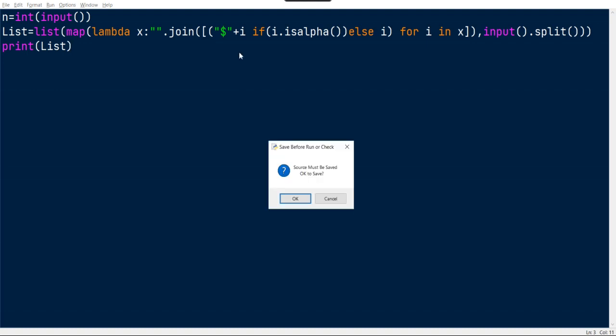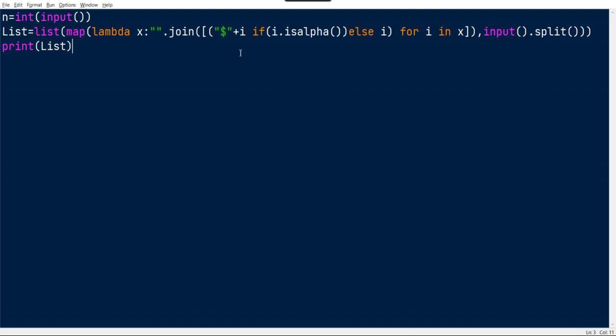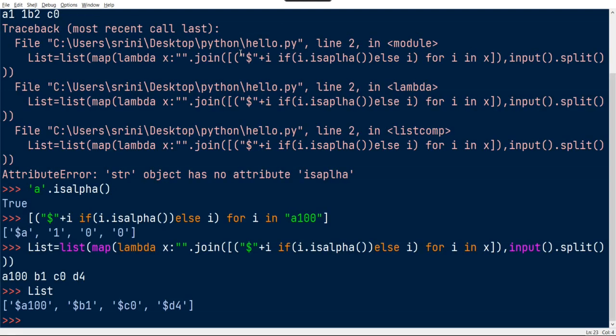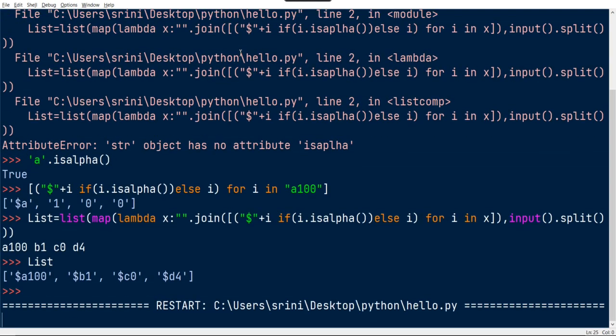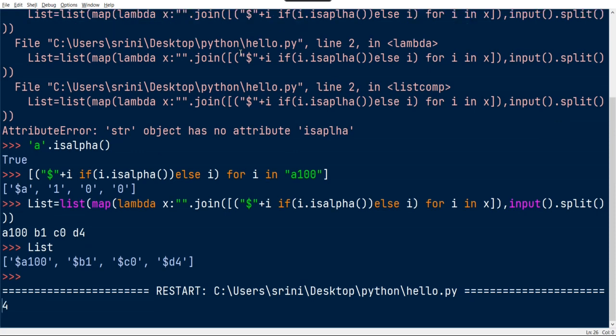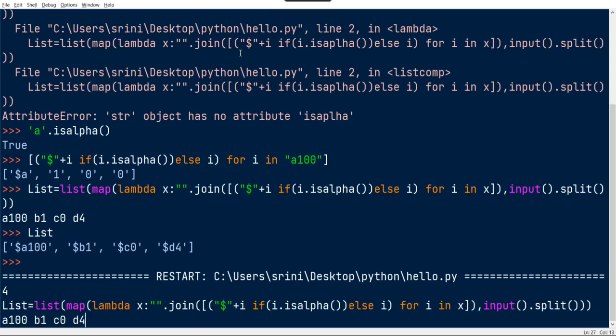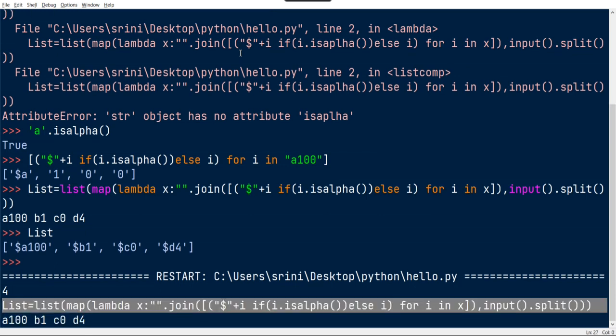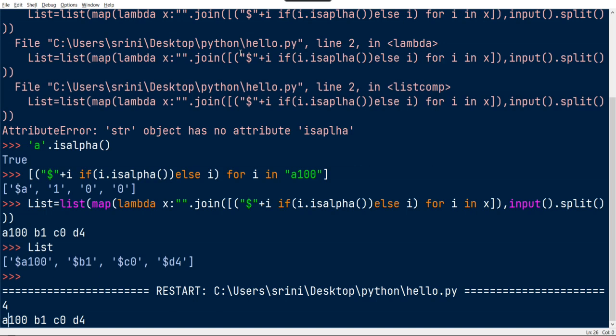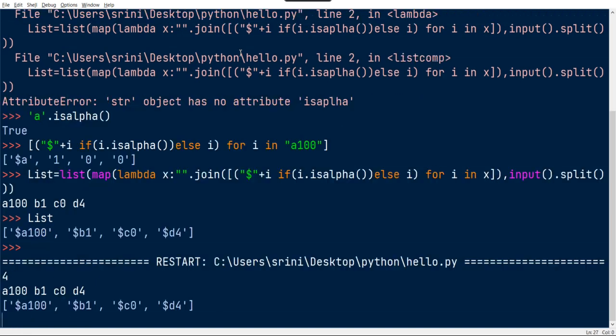Okay, let me run this again. For the same input 4, A100, B1, C0, D4, now we got $B, $C, $D right there.